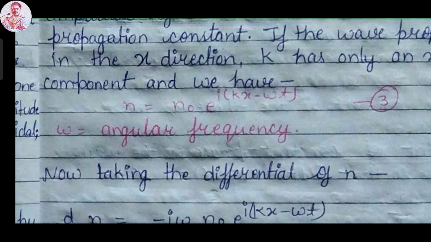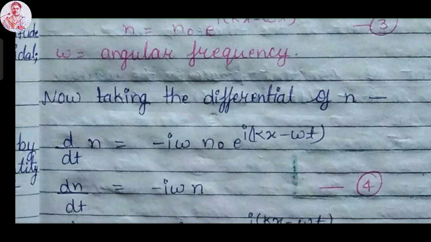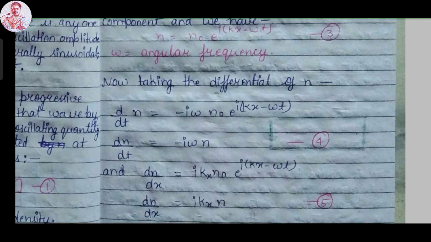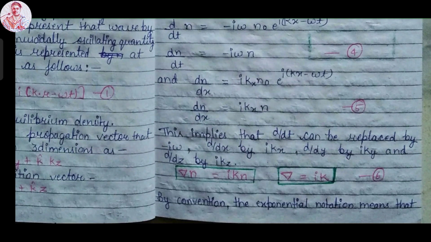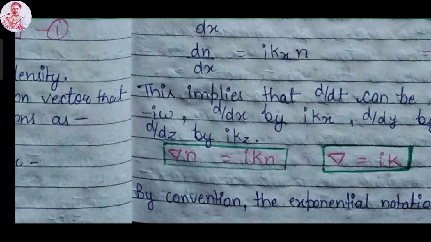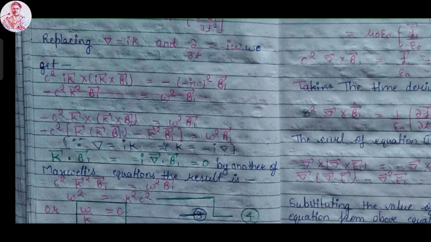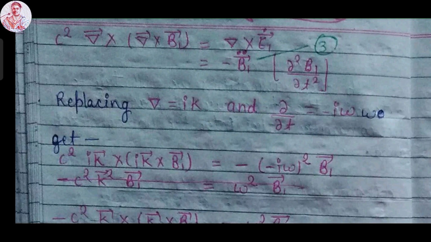As you know, our wave equation is n equal to n0 e raised to the power i(kx minus omega t). This is the wave equation. From this equation we have the value of del and del by dt. Now after substituting the value of del and del by del t, we have c square i vector k cross